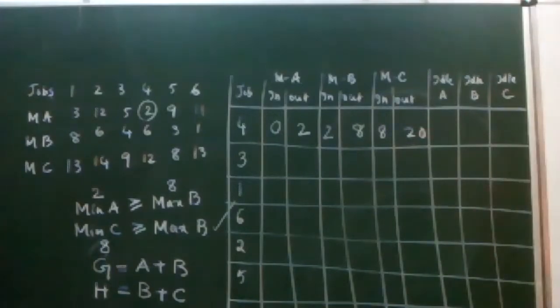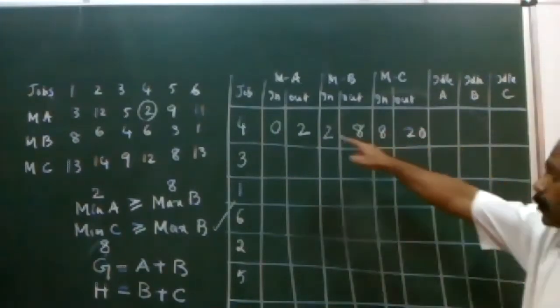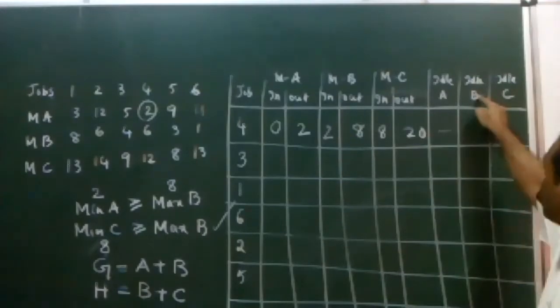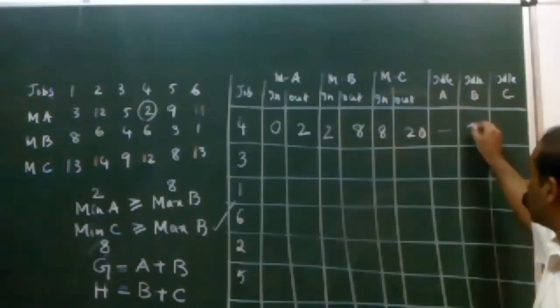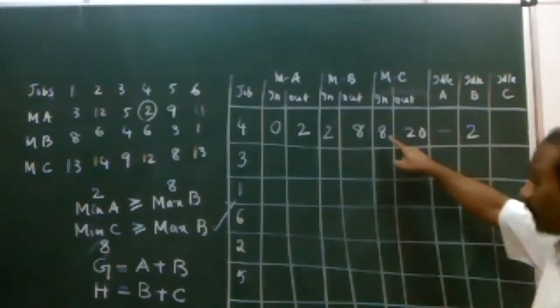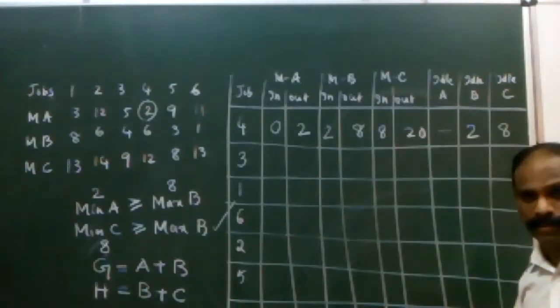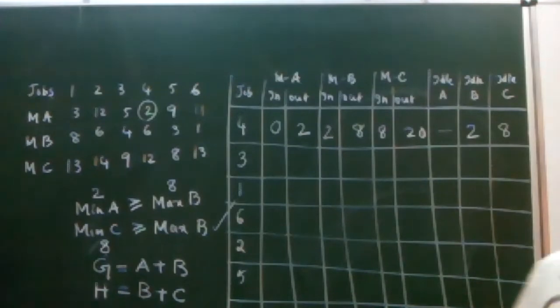Okay, now let's calculate the idle times. For machine A, there is no idle time because it started at 0. For machine B, the idle time is 2, because it started at the second minute. And for machine C, the idle time is 8, because it started at the 8th minute. Okay, very simple. Right? Now we'll move on to the second job, that is job number 3. Now can you tell me